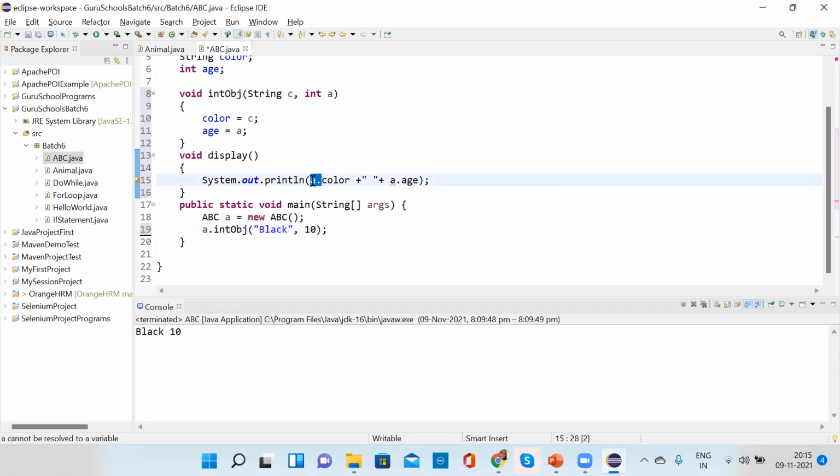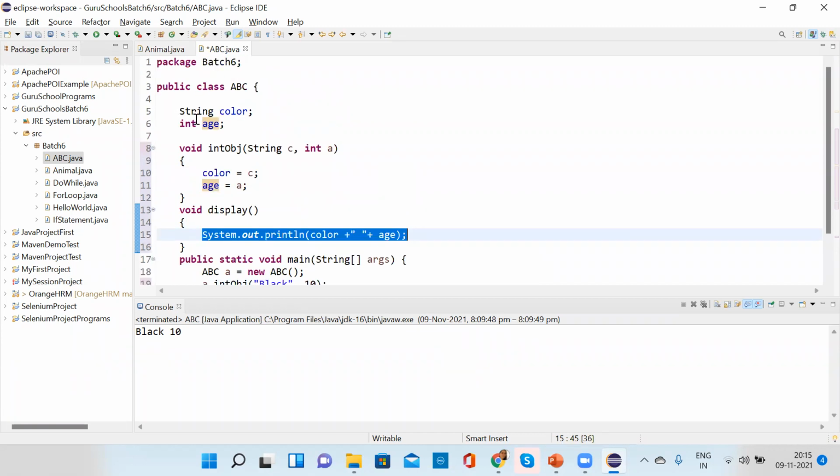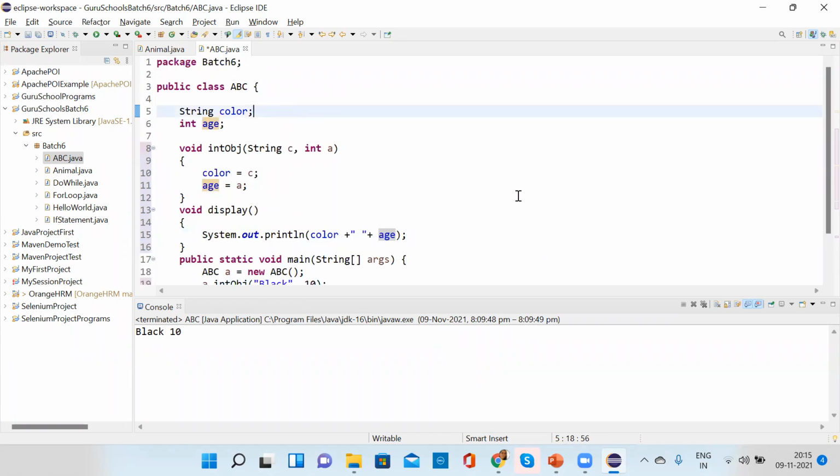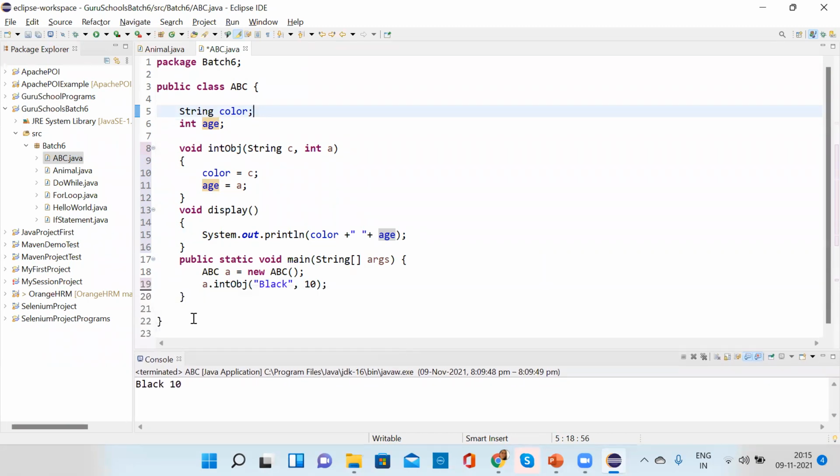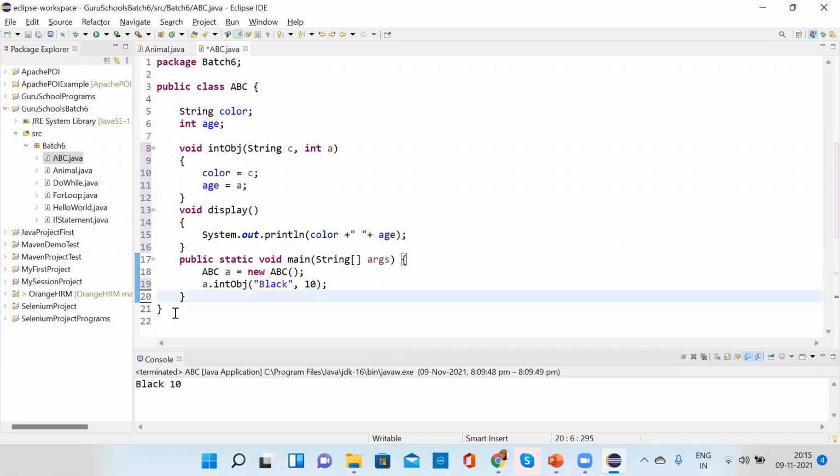Here we don't need the object dot because we have not created any object here. We can use these variables directly because they are instance variables, not global. Global is the wrong word. Because it's an instance variable, we can directly use these variables.